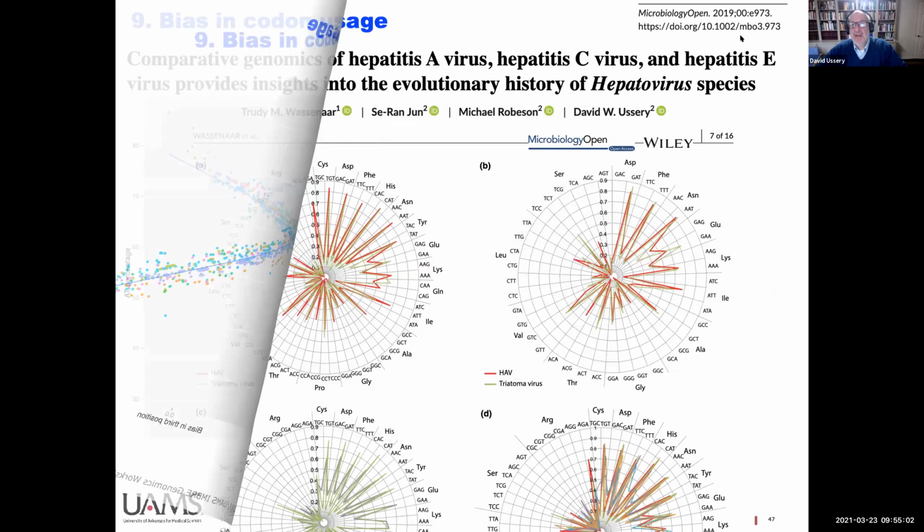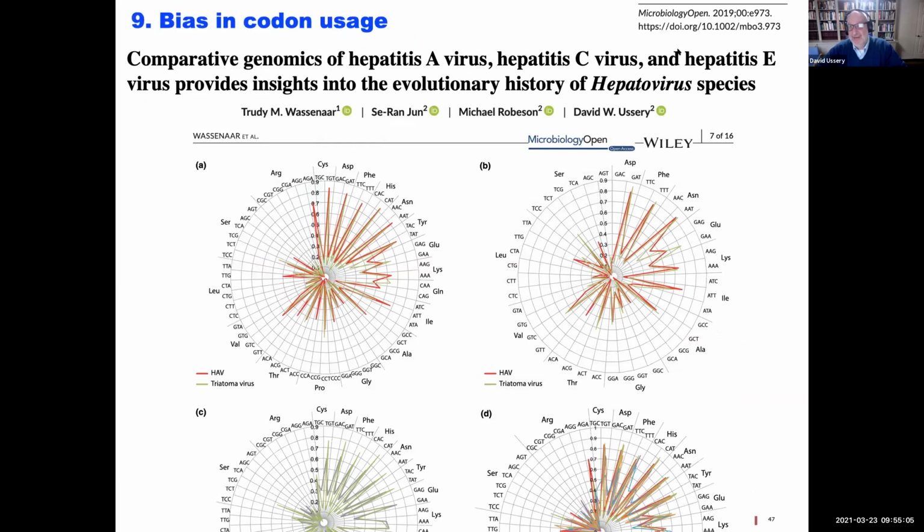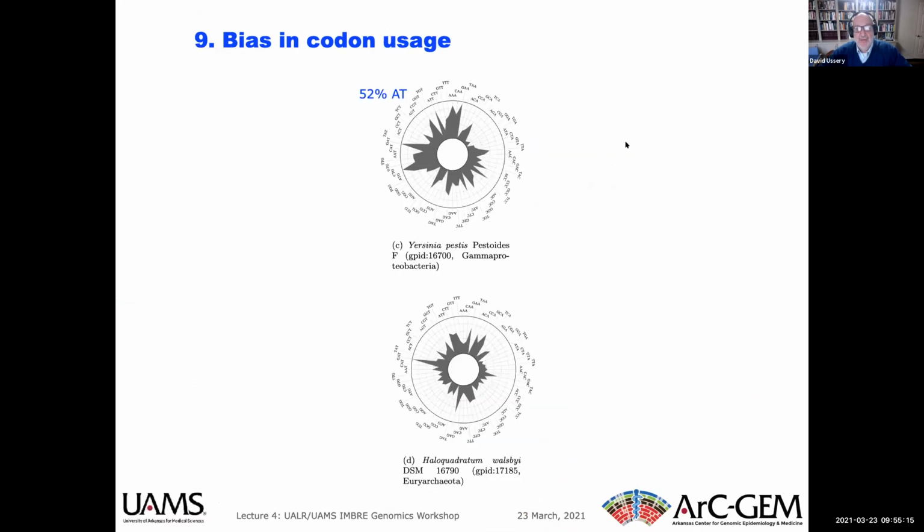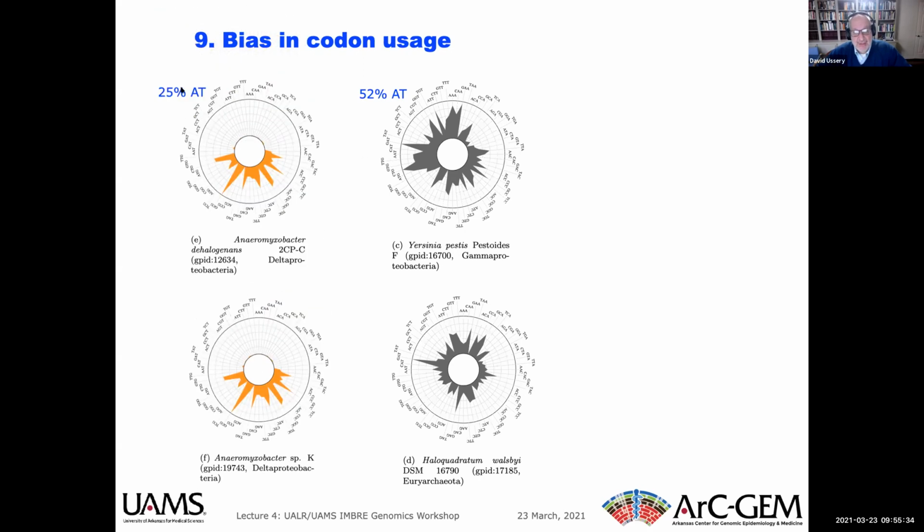And this is a paper we did last year. Well, now I guess 2019. So it's looking at hepatitis, and we can look at codon usage for hepatitis. So here, now we're looking at codon usage for your 64 codons. These organisms are 50% AT, and you don't really see a strong bias one way or the other. Now, if an organism is